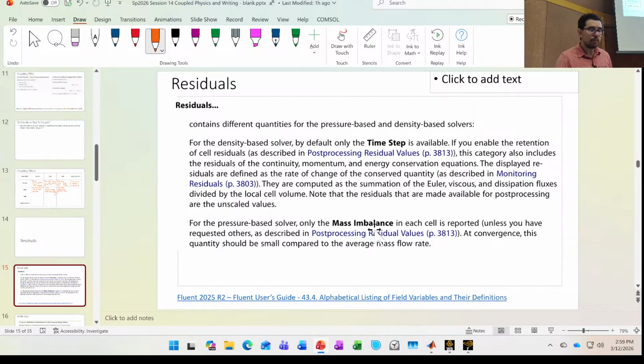Well, the default for Fluent is more than just a mass imbalance, which would be related to continuity. The idea is these values, or these residuals, represent losses or gains that you shouldn't be having with velocities with different parameters. So you know that if you have a certain inlet velocity of a certain area, there's got to be a certain amount of flow that's coming into the system,